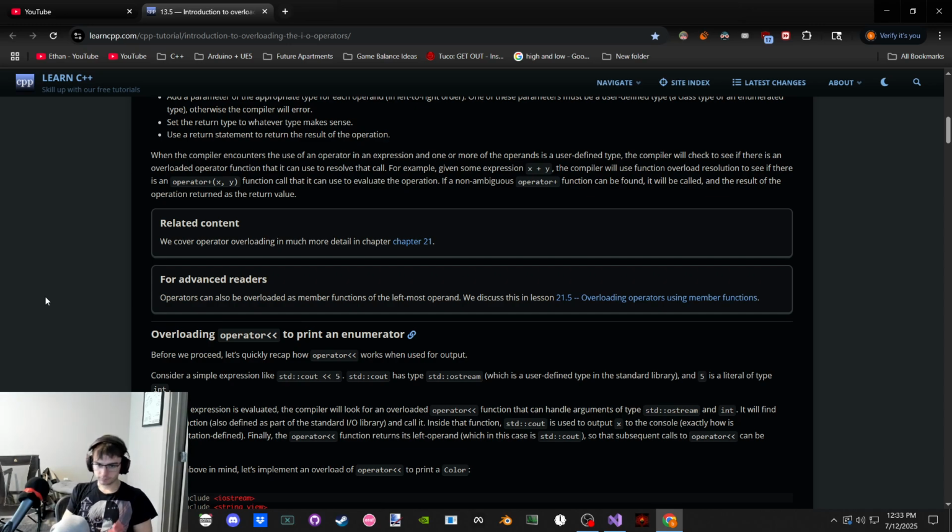Standard character output. And we're inserting 5 to it. So inserting the character 5, I guess, to the command line interface, the terminal, via standard character output. Standard character output is the type standard O stream. So we make a standard O stream and we call it character output. Character output is just the name of it. I guess it's an object that already exists, or it's a standard output stream is a user defined type. Standard character output is just